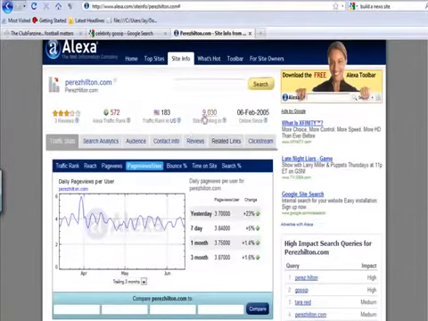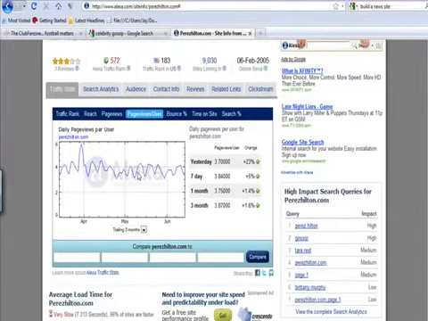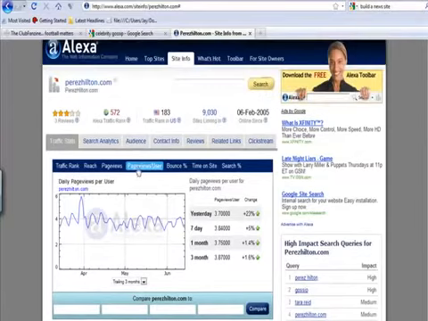As you can see here, this site is smoking. As a matter of fact, I would want you to go and look at this site if you're not familiar with it already, perezhilton.com. And this is an example of a site where a guy started out a blog. He started out with a blog posting nothing but pictures of celebrities and putting his comments on them, giving his feedback about them. And that blog for him turned into a monster of a machine, millions of dollars a year